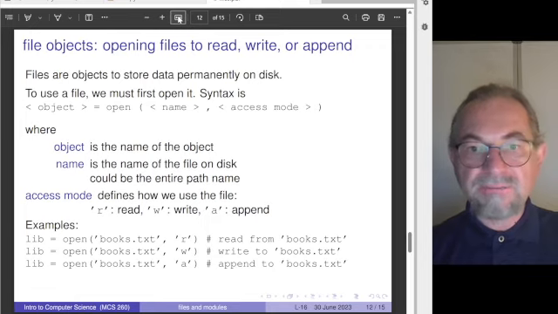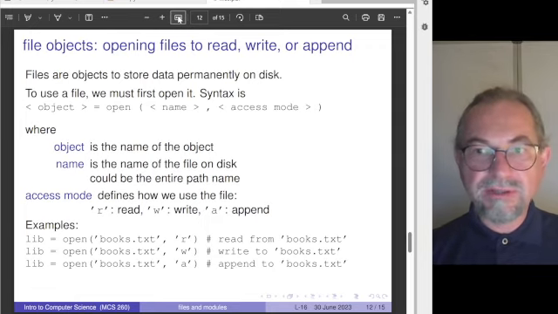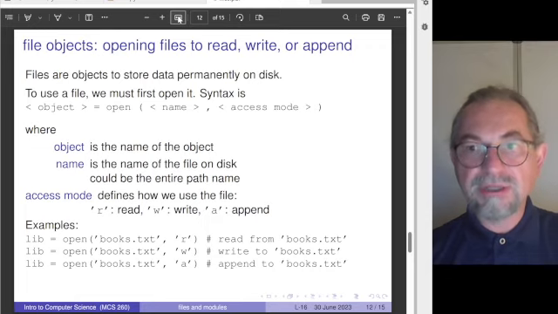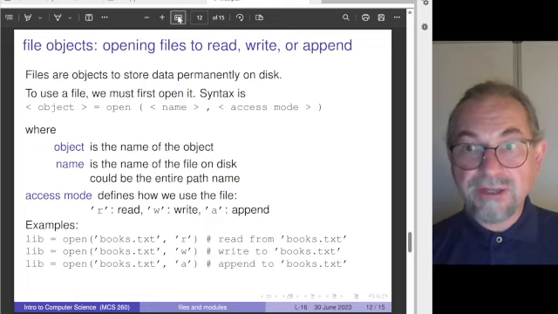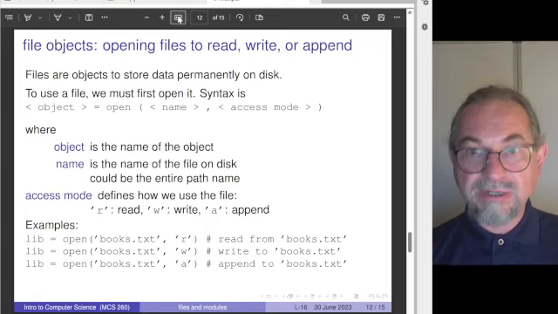When opening a file, it's very important that you know what you're going to do with the file. Are you going to open it for reading, or are you going to open it for appending? If you write to a file, you actually make a new file. So it's very important that you realize what you want to do. Especially with the W option, you may want to check first if there is not already